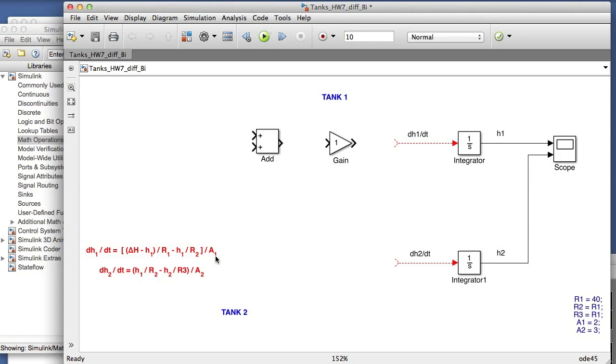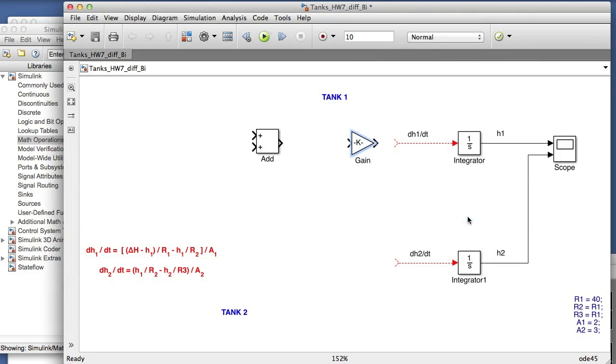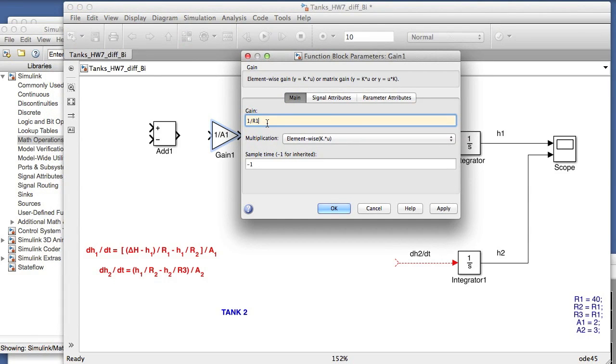In equation number 1, the terms will be divided by A1, so we have this 1 over A1 as a gain before we reach dH1 dt. And we have this minus, so we can change the signs of the addition block. The input to this plus sign will be a minus divided by R1, so we need a copy of the addition and a copy of the gain block. Now we change the gain value to 1 over R1,